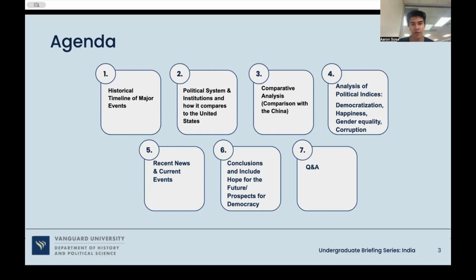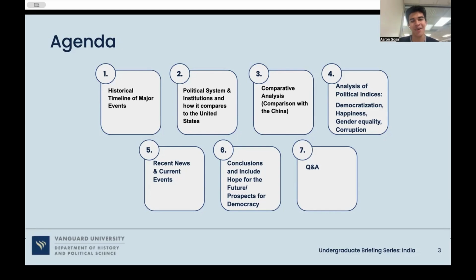I'm going to go over our agenda real quick. I'm going to begin with our title and thesis. It shouldn't take too long, just a little intro. Sydney will walk us through India's historical timeline. Caleb will dive into India's political system, the institutions and all the executive, legislative, and judiciary aspects. Then I'm going to come back for our comparative analysis, where we compare India's democracy with another country. It's a surprise.